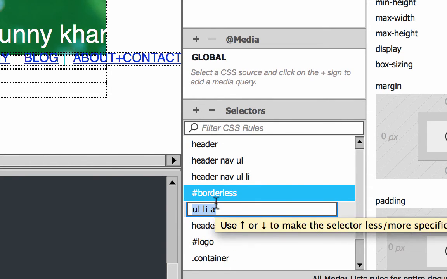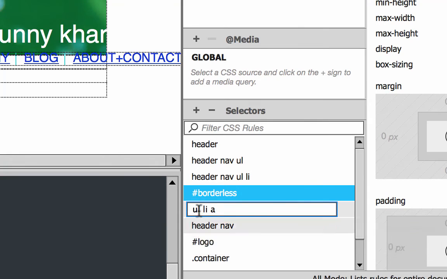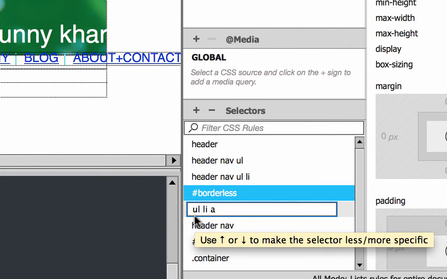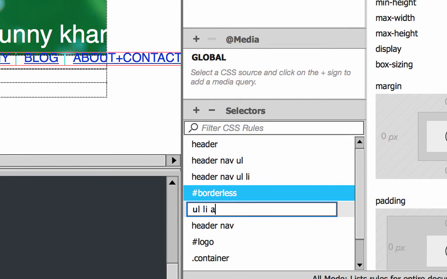As usual, we need to be careful of what selector Dreamweaver creates. Right now, it's created a generic selector that says all links inside all list items inside all unordered lists or bulleted lists. That's not what I want. I want this style only to apply to links in my header nav.